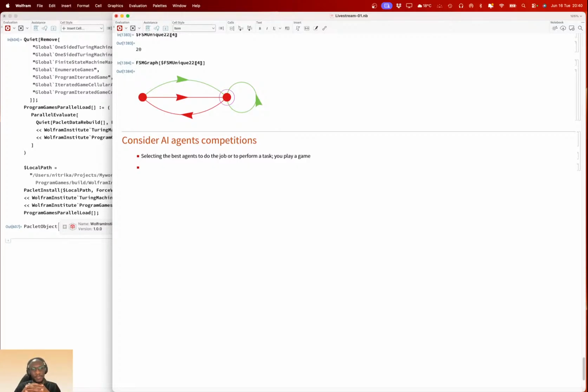But then the big part is how to define a payoff or a game in a sense. If it's a board game, it's an easy thing, right? Machines have learned to beat that game.